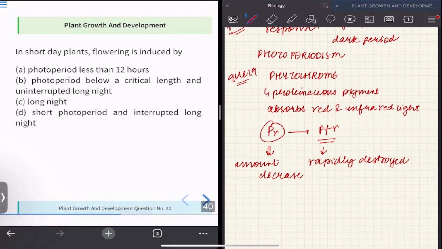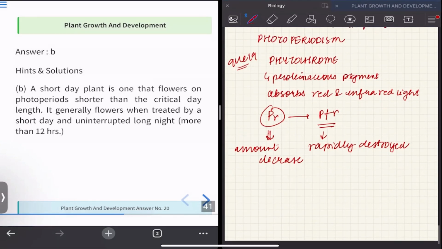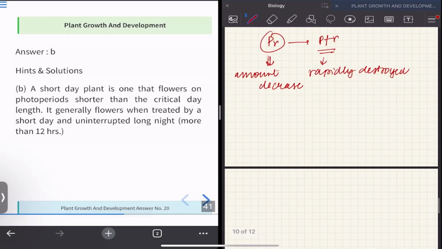In short day plants, flowering is induced by... so we know plants can be either long day or short day. Long day means that they need more exposure to light to remain functional, whereas short day plants require more exposure to the dark period. So flowering can be induced by what? In a short day plant, they have given the definition. A short day plant is one that flowers on photoperiods that are shorter than the critical day length. Okay, so we have to have